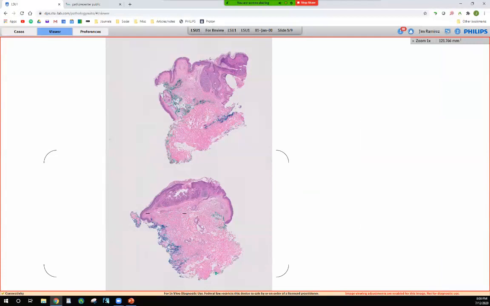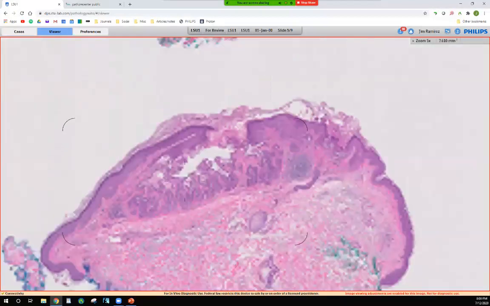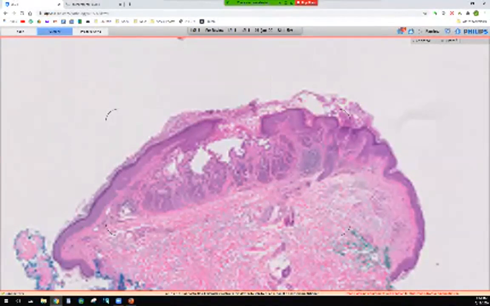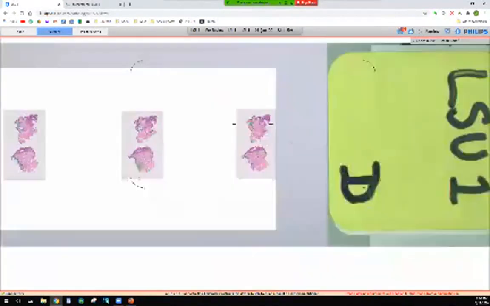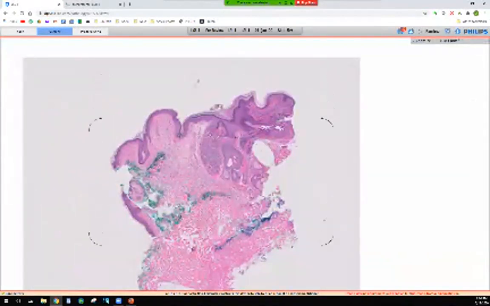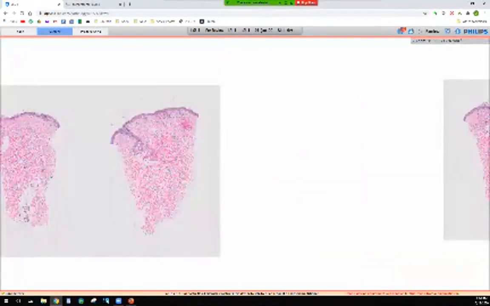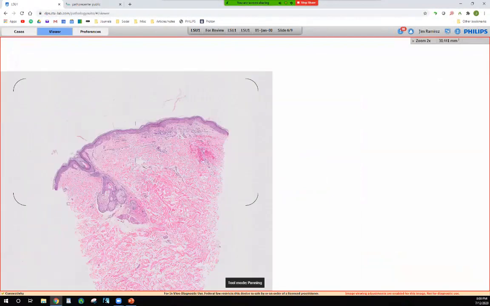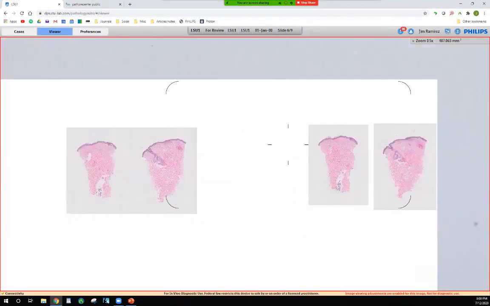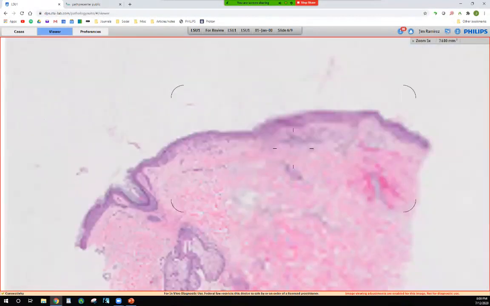Okay, another warty dyskeratoma. And this one has an area, again, more of an endophytic growth. Sorry, we're getting a little bit slow on the loading of the slide. We may have to skip this one. Yeah, let's skip that one. I want to show you this one. This is actually a better one. So this is not a warty dyskeratoma or acantholytic, but it is something,